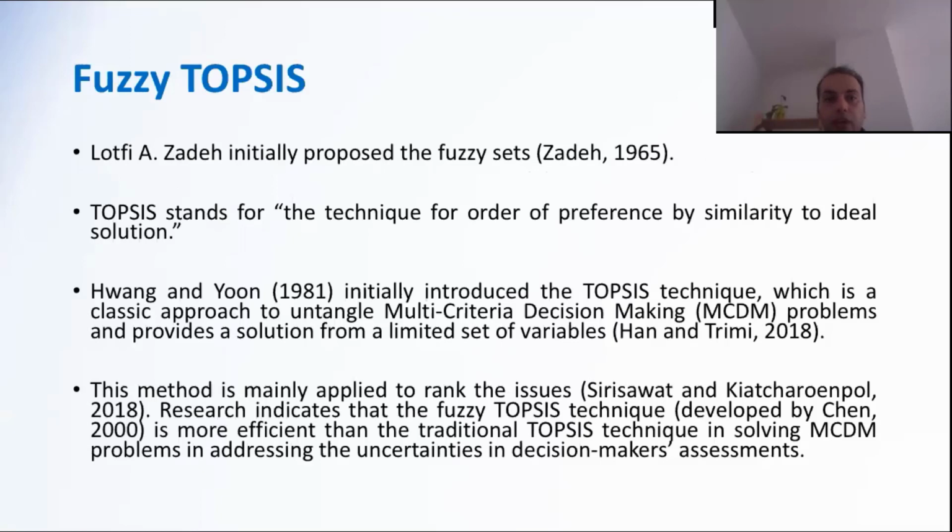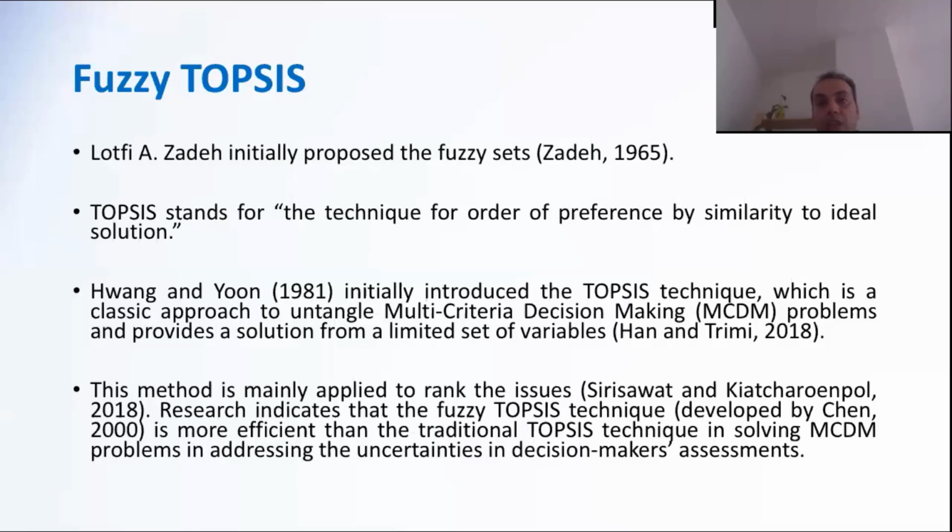Okay, as I mentioned about the origin of fuzzy QCA, it comes from the multi-criteria decision-making methods. Professor Lotfi Zadeh, who is still alive, is a scientist and mathematician who lives in the United States. He proposed the fuzzy sets in 1965, and several fuzzy techniques were developed by Zadeh's interpretation of fuzzy sets, the majority